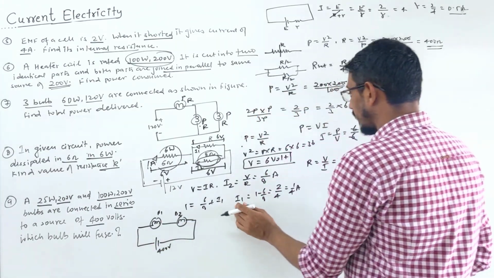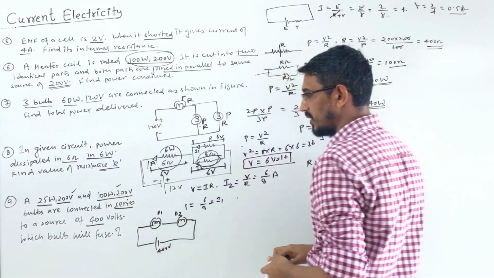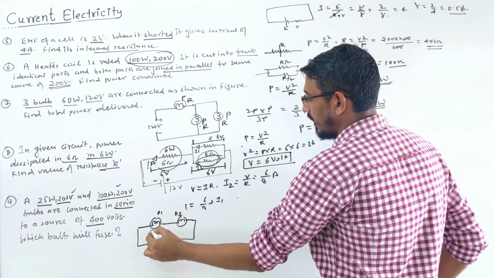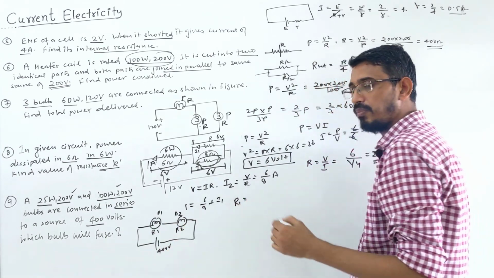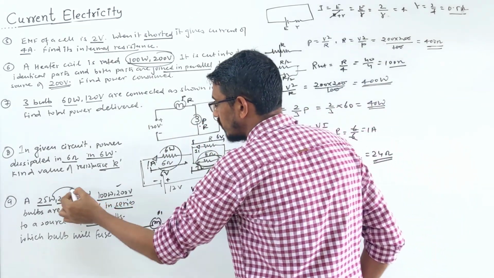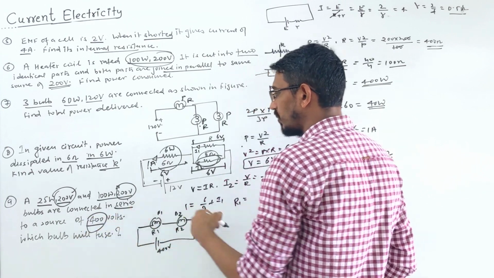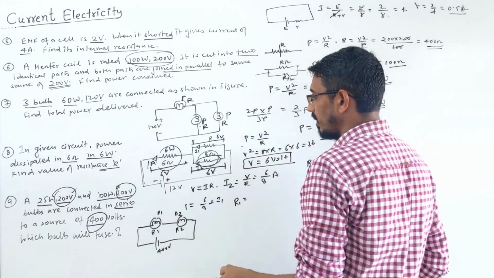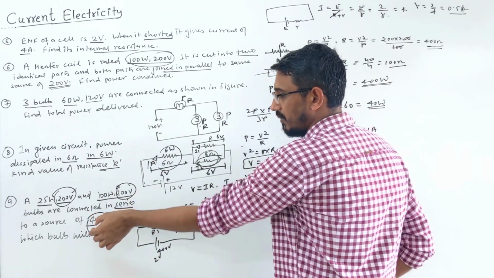Okay. So for that, what we need to calculate first, look here, powers we know, so you can calculate the resistance of each. This one I am calling R1, this I am calling R2. So what is R1? I am writing the same formula, power is V square by R. The voltage they consume is 200, this is 200, and the supply is given 400. I am not putting the value, I am writing the symbol only. Suppose this consumes V and this also consumes V, then the supply is 2V, double of them is given, right?